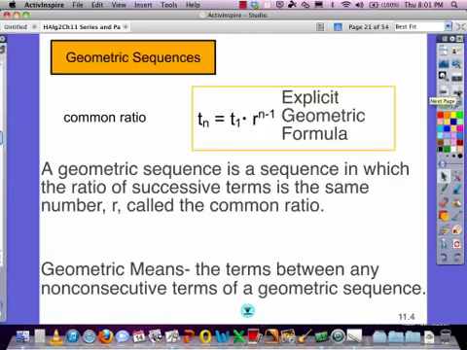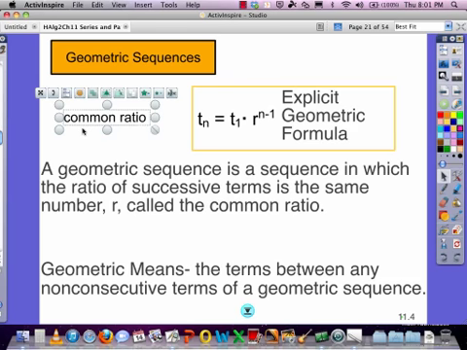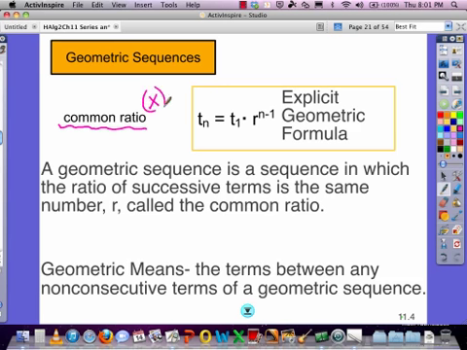All right, geometric sequence, I said, is definitely already a little different because we're looking for that common ratio. And that ratio means we have a multiplier. So think a times a multiplier. It could be a multiplier like 1/2, or it could be another multiplier by 8. It could be a multiply by -2. So these are all good examples of what a ratio would look like. Now, take a look. And let's just make an easy one. If I started with the number 1 and my multiplier was a 3,